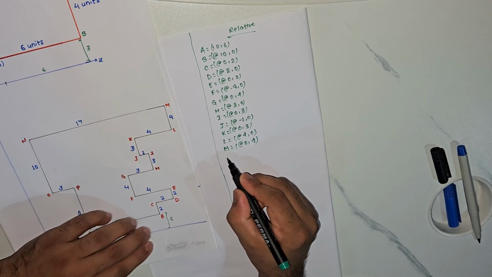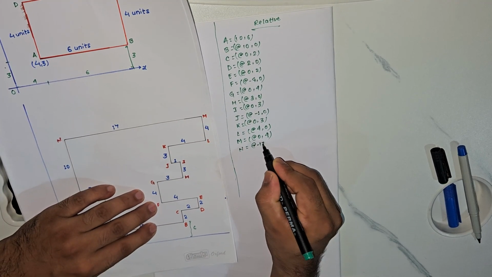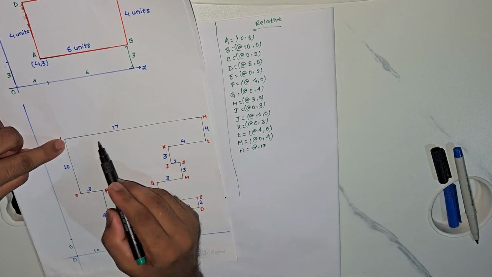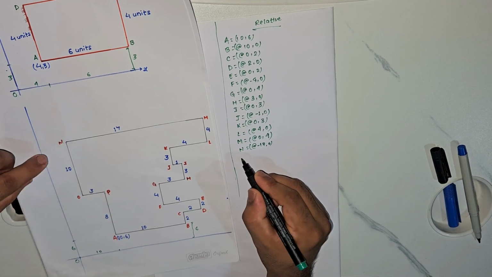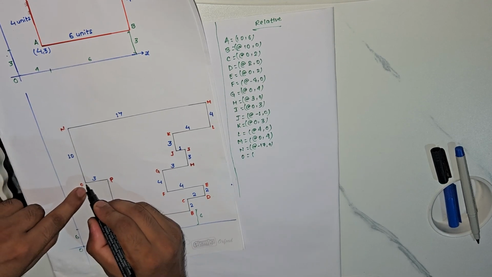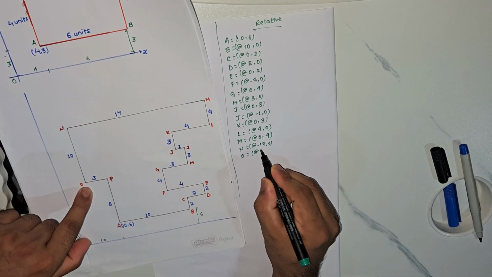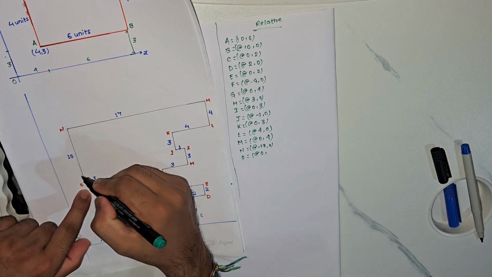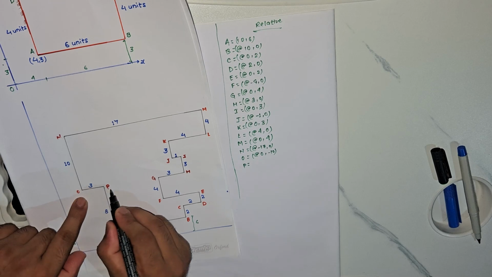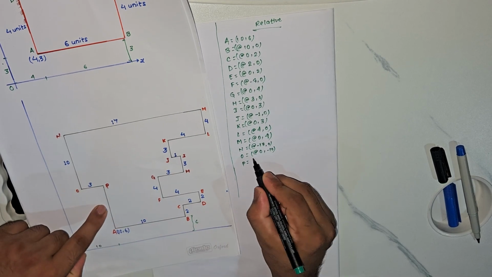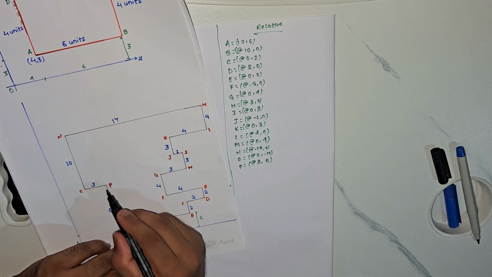Now we will see for N. For N the x direction is minus 17 because point N is going in the left direction from M, so minus 17 comma 0. And now for O, the point is going nowhere in the x direction, neither left nor right, so this will be 0, and in the y direction it is coming downward, so minus 10. And for P, the point is going in the right direction away from O, so at the rate plus 3, but the y coordinate will be 0 as it is not moving vertically.